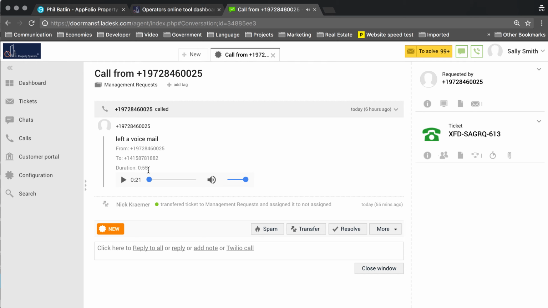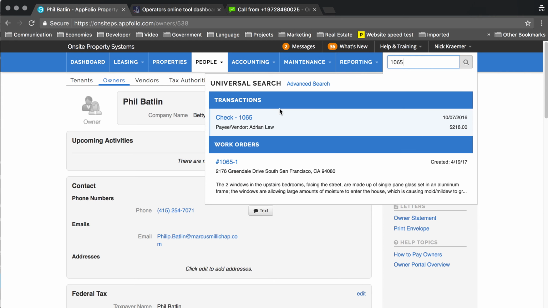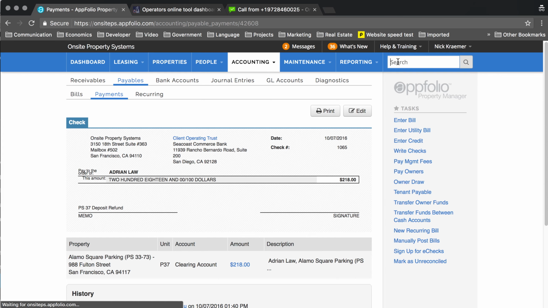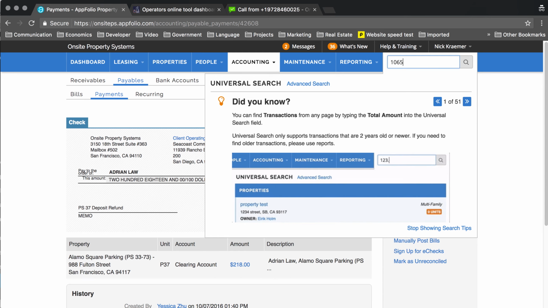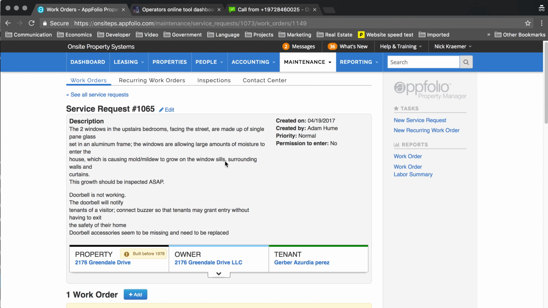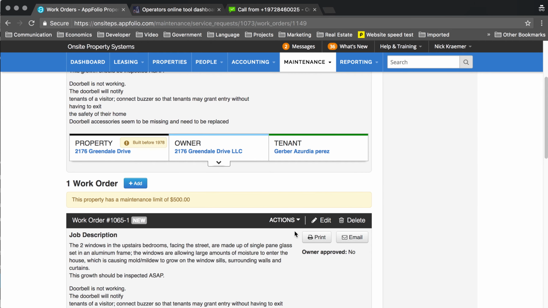Okay, so they're asking permission to give the tenants the contact information for Glassall, and I think that that's fine. So this was work order 1065. So I'm going to come 1065. Oh, not check. Wrong one. 1065. Work order. Correct the right button. Okay. And then on this,